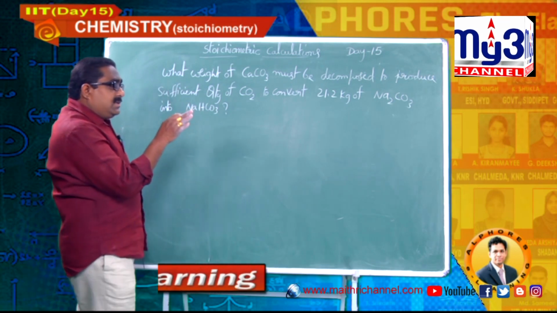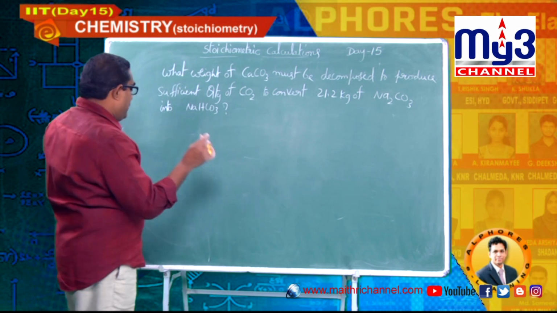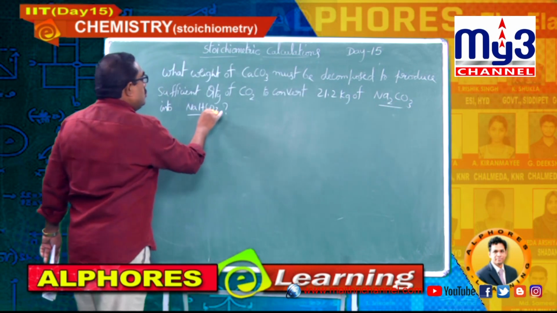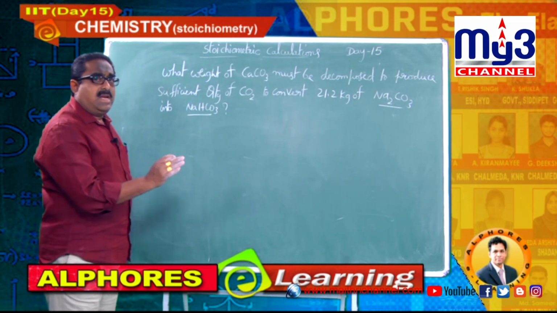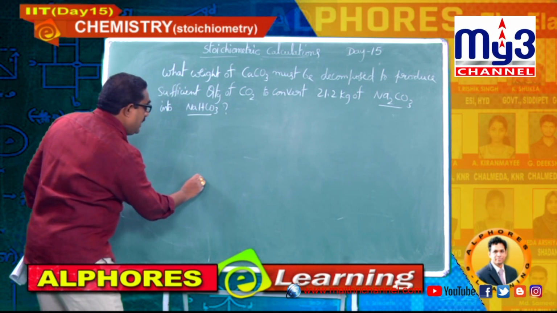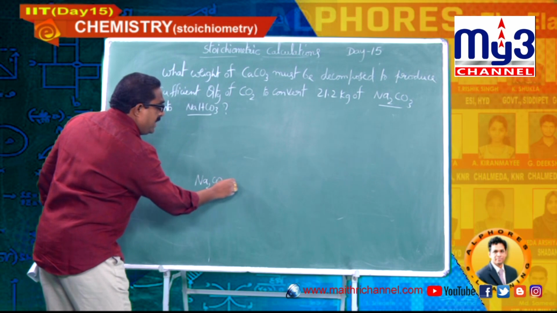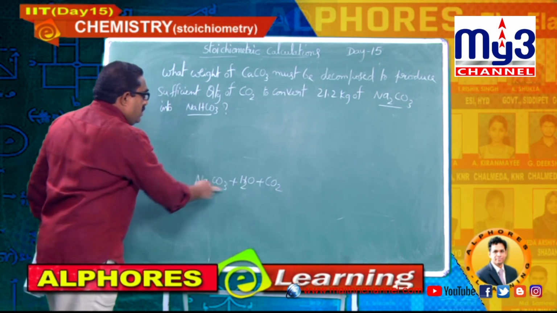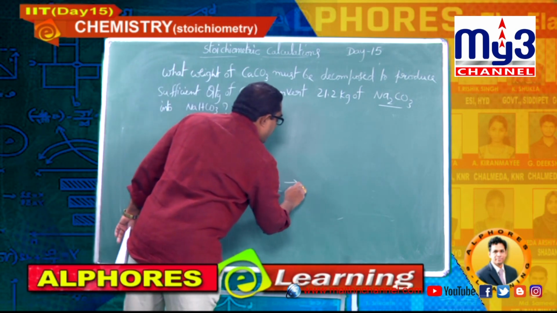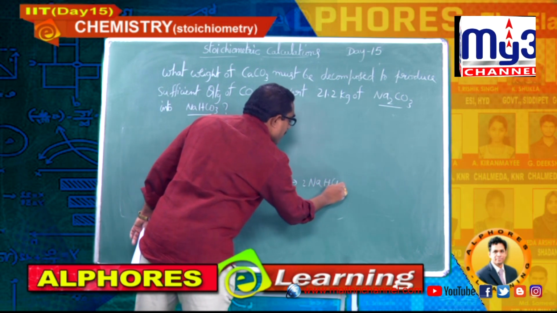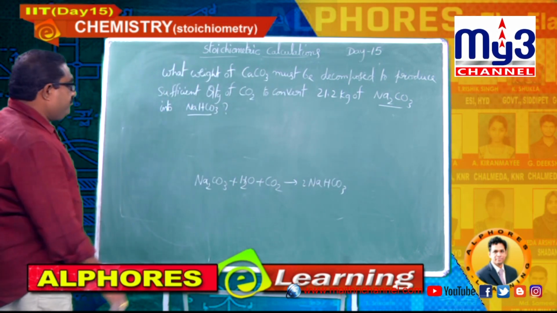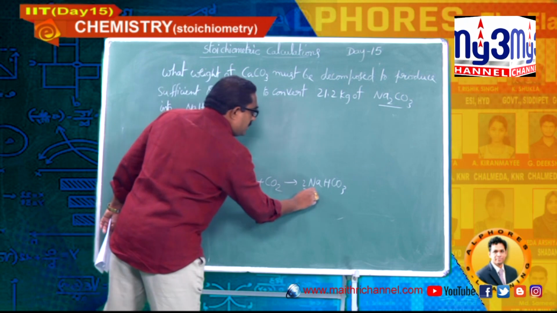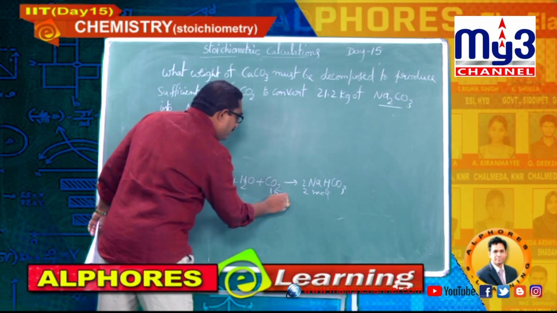Here he has given a sequence of 2 reactions. Let me explain. Finally, his motto is to convert sodium carbonate into sodium bicarbonate. You don't know the reaction, I will give the reactions to the students, so please concentrate. I am writing here sodium carbonate plus H2O plus CO2. On passing carbon dioxide to a solution of sodium carbonate, it changes into sodium bicarbonate. This is the data that I can write here. Now, let me write 1 mole, 2 moles here, 1 mole of CO2 here.